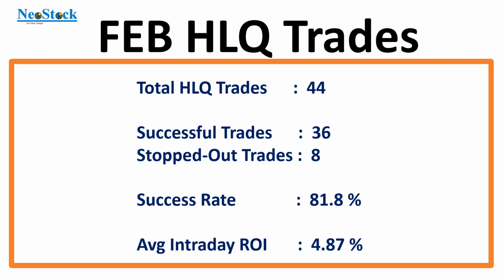If I had combined both trades together as a single trade and documented those statistics, you would have got more than 6.1% ROI. But I didn't do that. I considered every trade individually. Even in the same stock, if you get 2 trades, I considered them as 2 individual trades rather than a single trade. That is one reason. The second reason I identified: during this month, on a few stocks, we got trades during the last hour